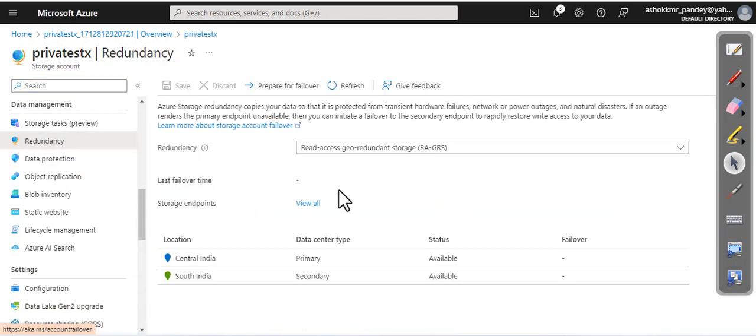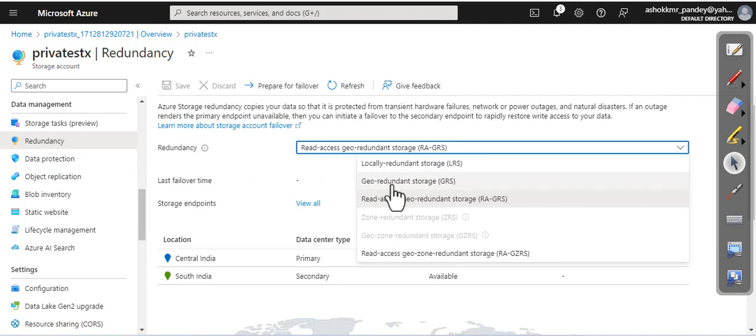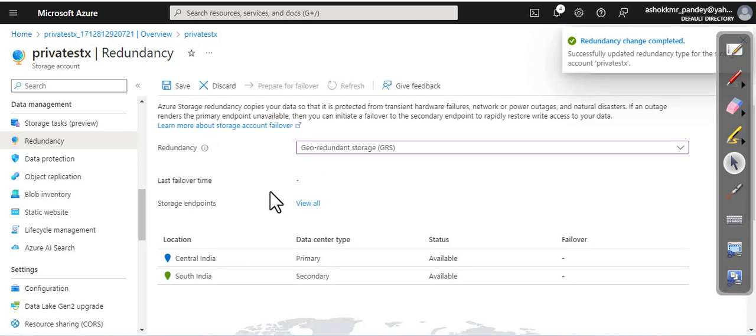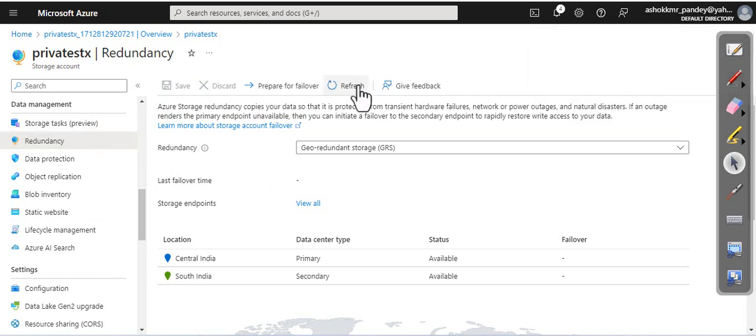Now go to the resource, and under data management, if you click on the redundancy, you can change it simply. Now if you see,